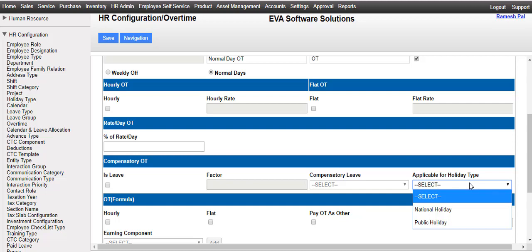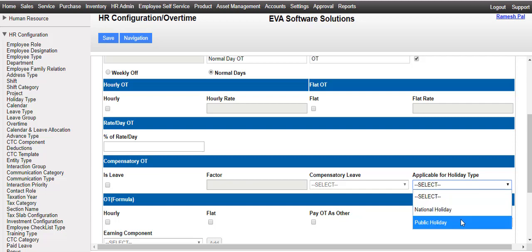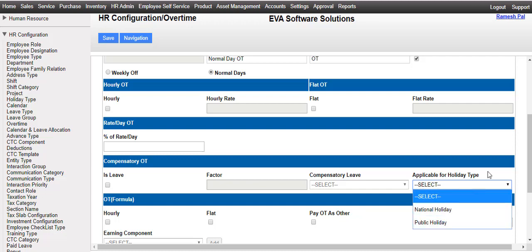So if you are creating national holiday OT, then you will select national holiday option. And if you are creating public holiday OT, you will select public holiday option. Since I am creating a normal day OT, I will not select any of this option.